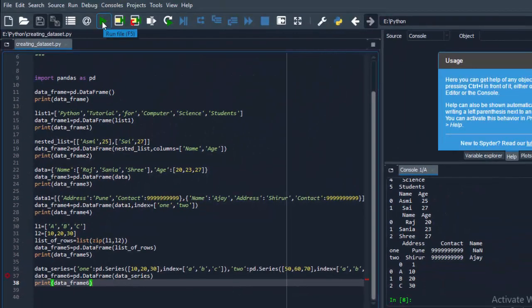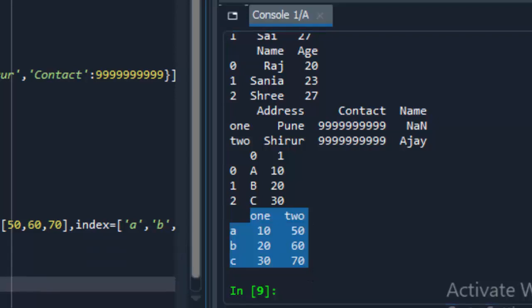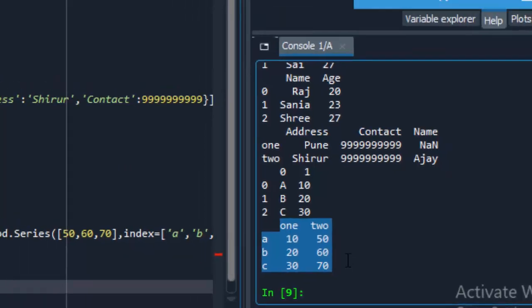Now run this code. So here it is showing the output. It has given the column names as 1 and 2. So these are the keys which we have given in the dictionary, and the indexes which we have created, that is a, b, c, are shown over here instead of 0, 1, 2 and so on. So this is how you can create the data frame using the pandas series.